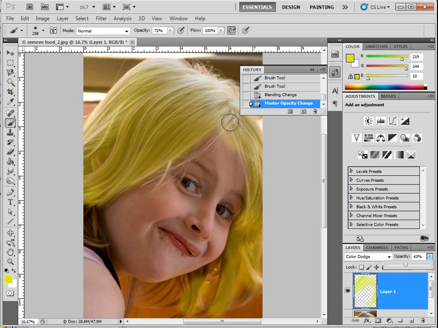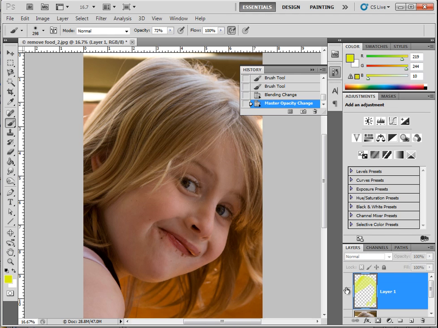So this was the kind of quick, easy way to change somebody's hair a different color, or a shirt a different color, or the sky a different color, or whatever. And the nice thing is it's on a layer, so you can turn it on and off. So your assignment for this week was to colorize some portion of an image. So I'm going to go ahead and delete that layer, and we're just going to work on this picture